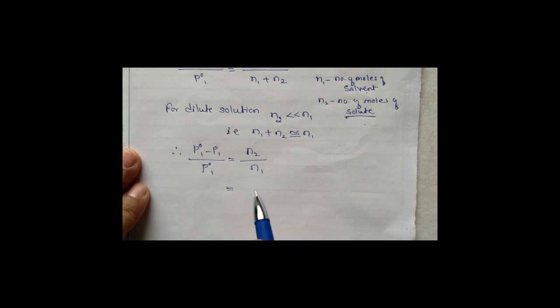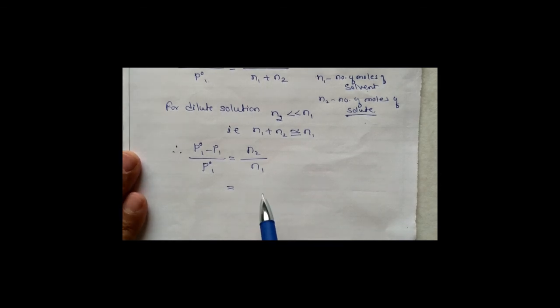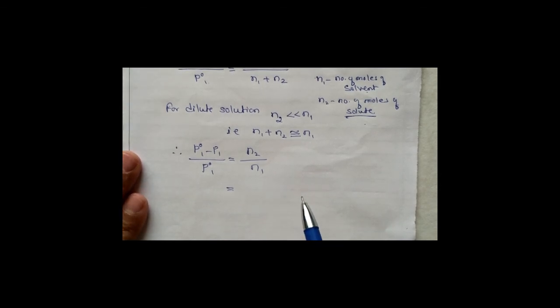So that's equal to, what is the number of moles formula? Mass divided by molar mass. So therefore for N2 I write mass W2 divided by molar mass, whole divided by N1, which is the mass of solvent divided by the molar mass of solvent, where